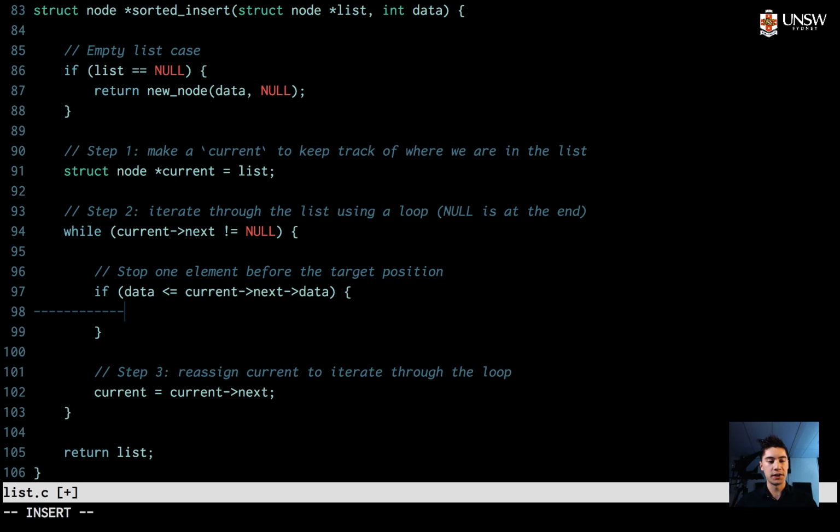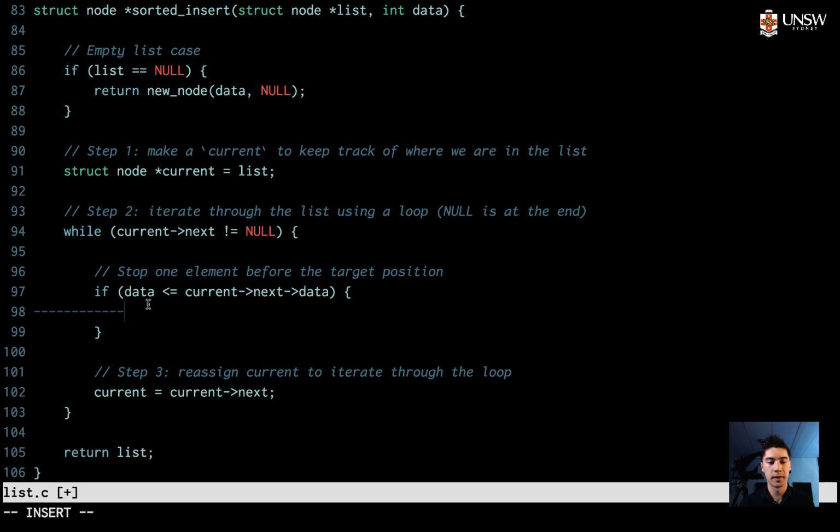So why have we chosen this for our if condition? Well, we are inserting a new element. Now think back to the diagrams. We're inserting a new element. We want to go along our list. Remember, the small elements will be at the beginning of the list, and the large elements will be at the end of the list. And the right place for our new element is between, so that before is smaller and